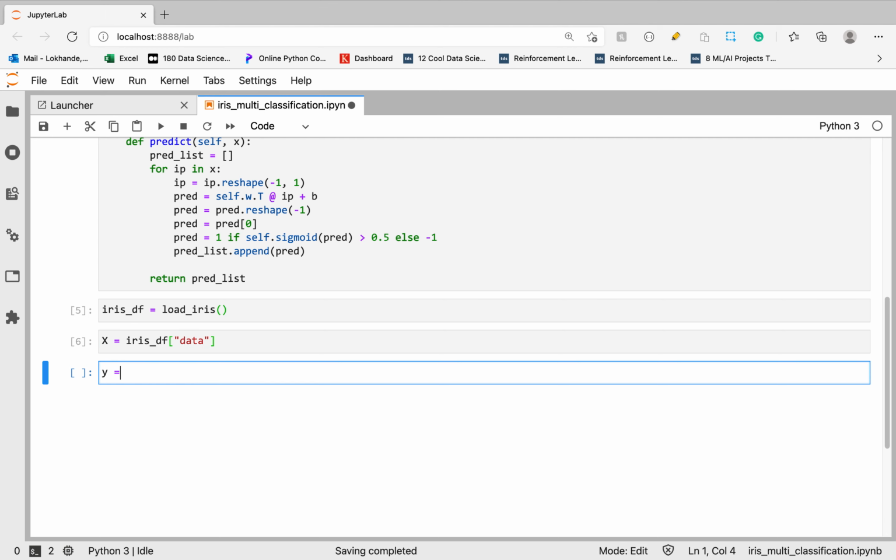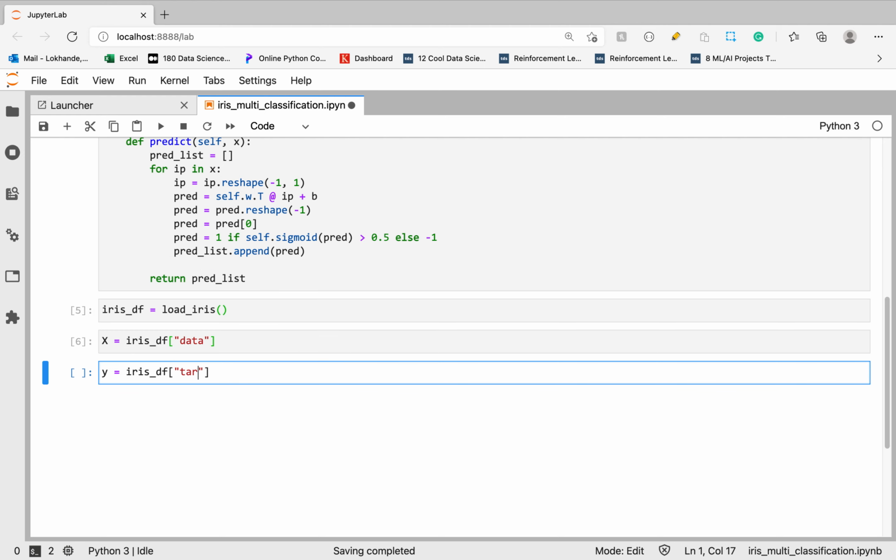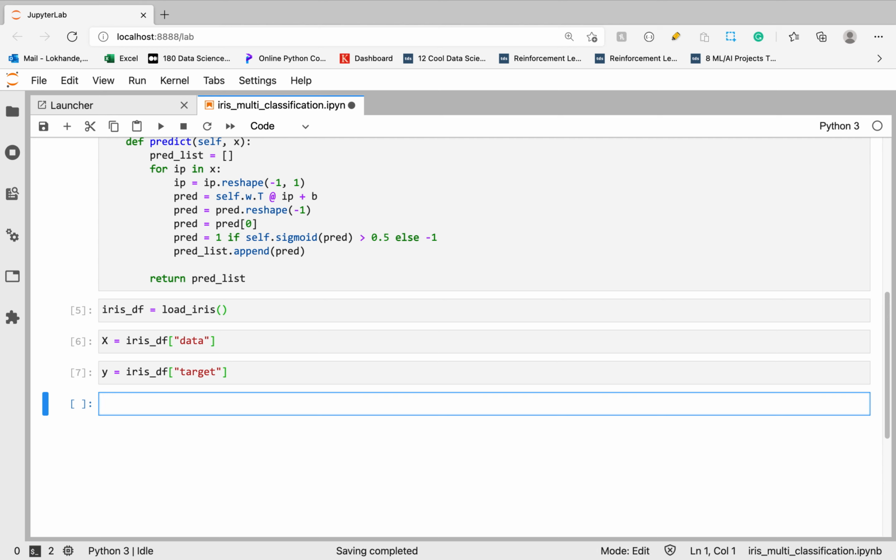Now let's extract y, so target. So using the data key and the target key, we extract our x and y.